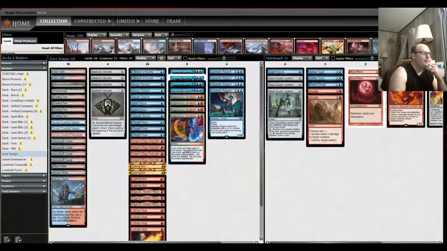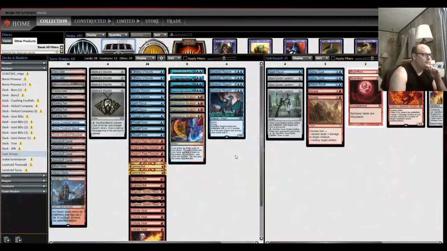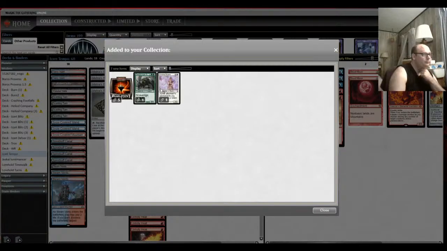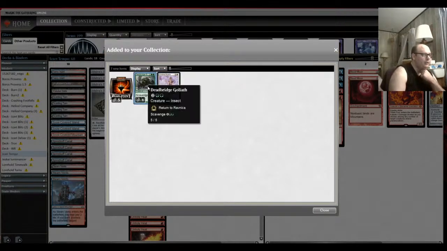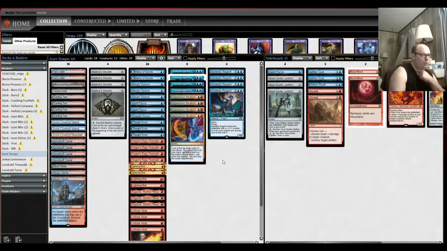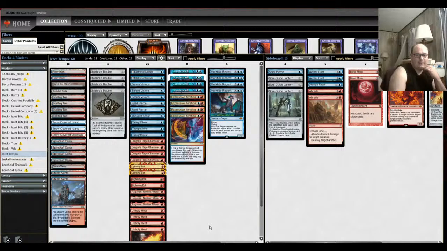Let's pop a chest and see what we got inside. And not much. Umbra Mystic and Deathbridge Goliath. Womp womp. So, despite having to modify the deck,